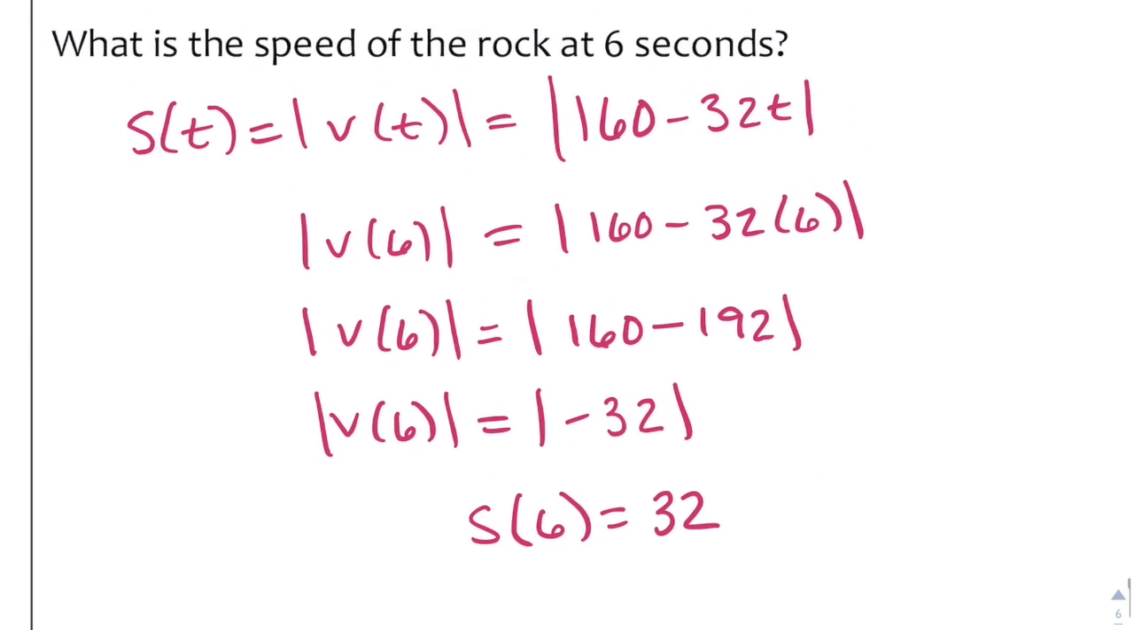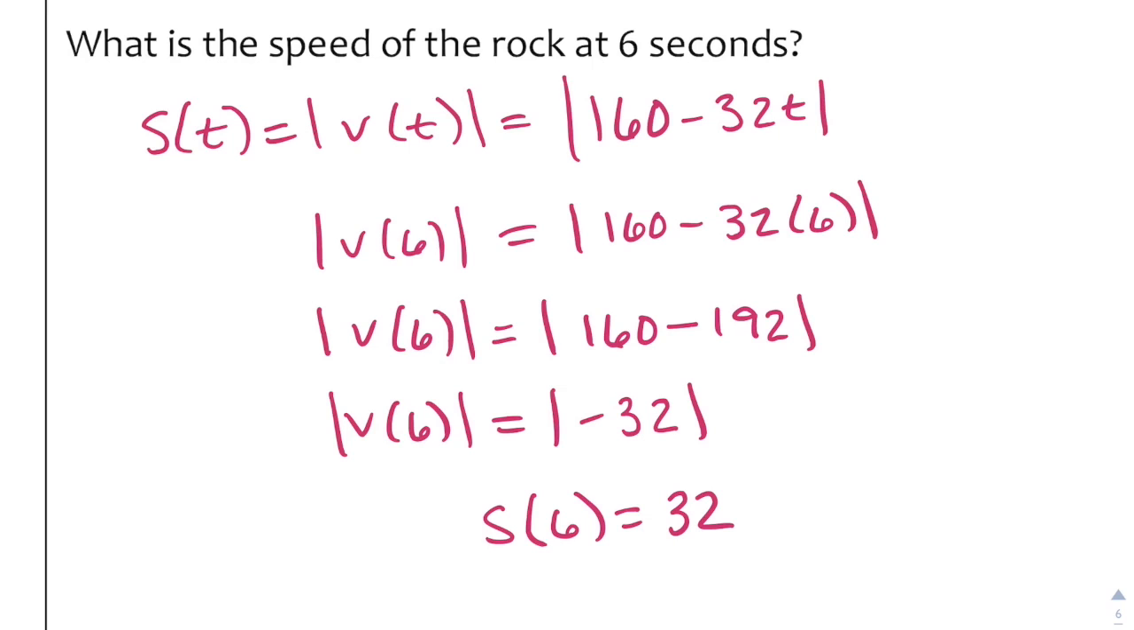The speed of the rock at 6 seconds. So the speed is the same thing as the absolute value of velocity. So it's the absolute value of the derivative. We know the derivative is 160 minus 32t. So we are going to evaluate that. We get 160 minus 192. We get negative 32. Do not